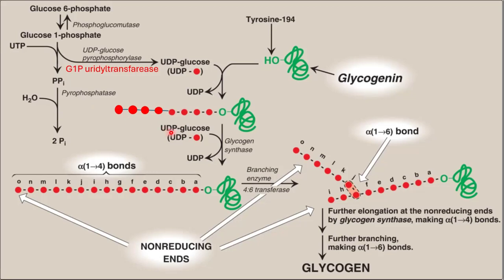Now, the incoming UDP glucose, it is the carbon number 1 linked to the carbon number 4 of the resident glucose molecule to form now the new alpha 1,4 glycosidic linkages. Okay, so glycogen synthase only makes the alpha 1,4 glycosidic bonds,